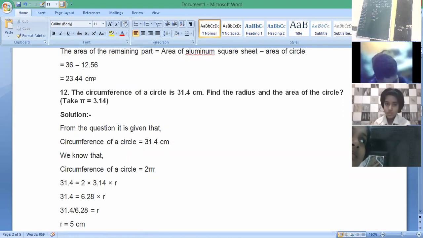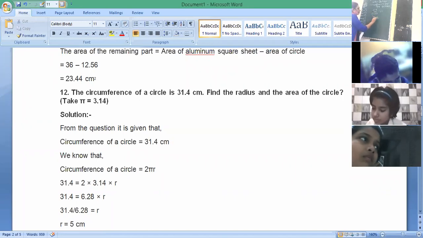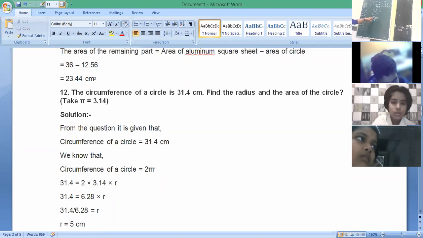Solve it, children. When you cut this point, it will become 10 here, and you increase 2 zeros above that. Why? Because after the decimal only one digit is there, so we can increase 1 zero in the numerator. If after the decimal 2 digits are there, we can increase 2 zeros. So now you can solve it out. 0 will be cancelled with 0.